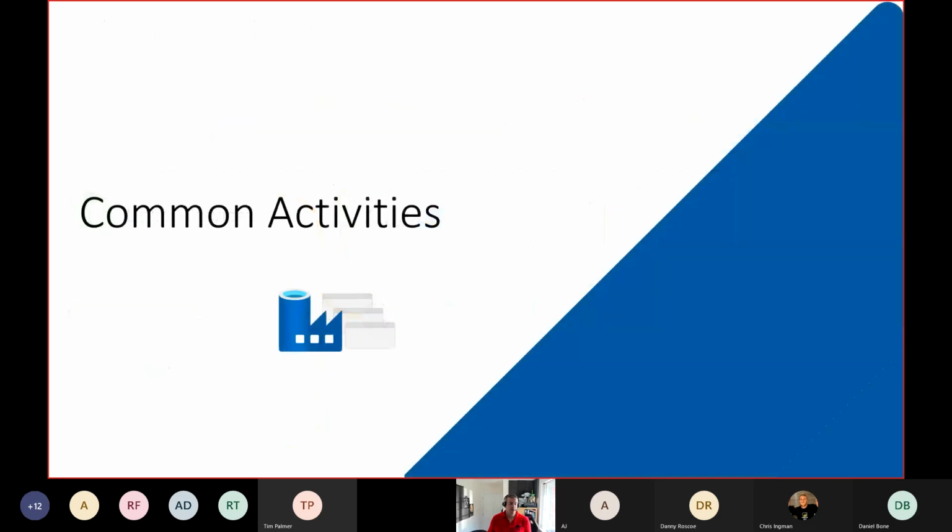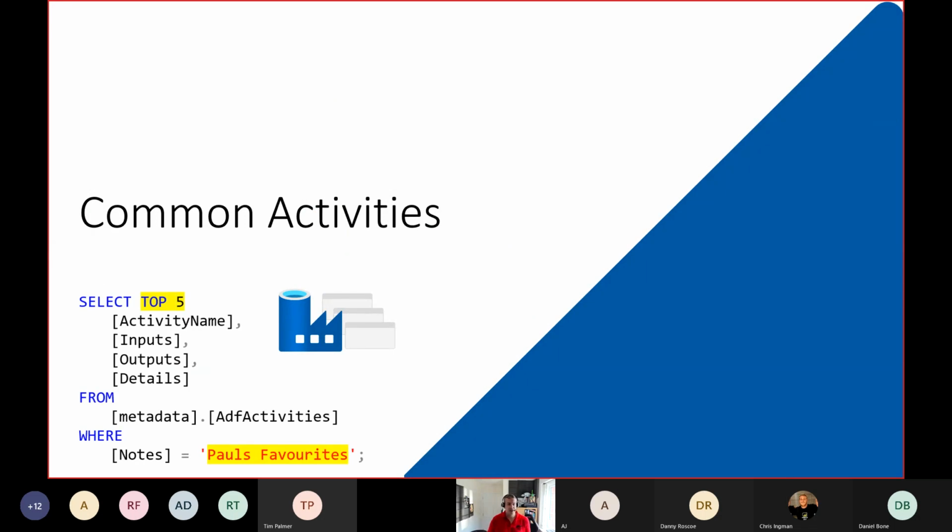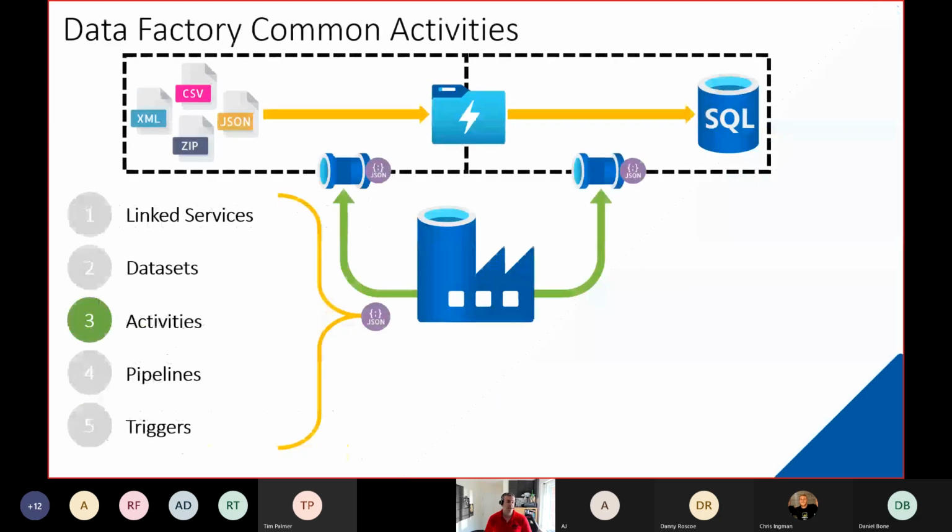What I want to now do is I want to introduce you to some common activities. And what I'm going to say is that these are my favorites, my top 5 activities, or the activities that I would almost always use in every data factory instance and a lot of the pipelines that I might implement for my customers. So really just to kind of give you a flavor of what's going on in here and what we can actually do with data factory. So let's tidy up the icons, let's be explicit and say, okay, we've got these activities